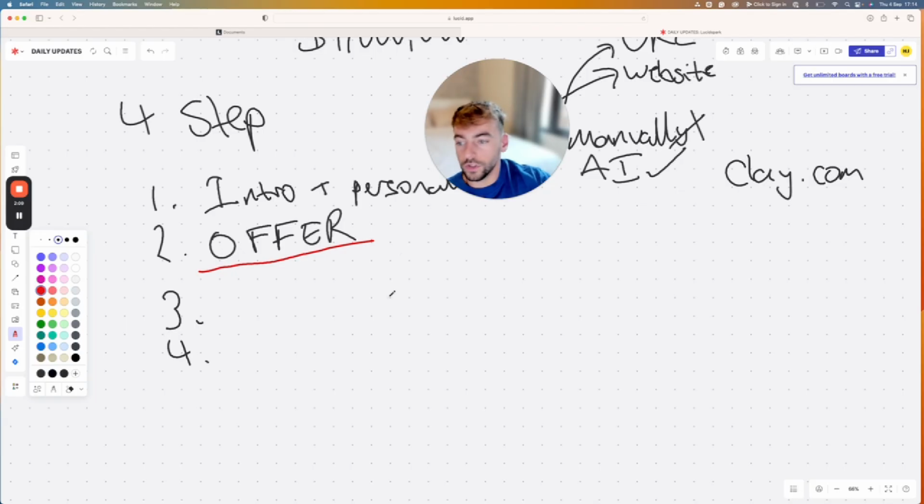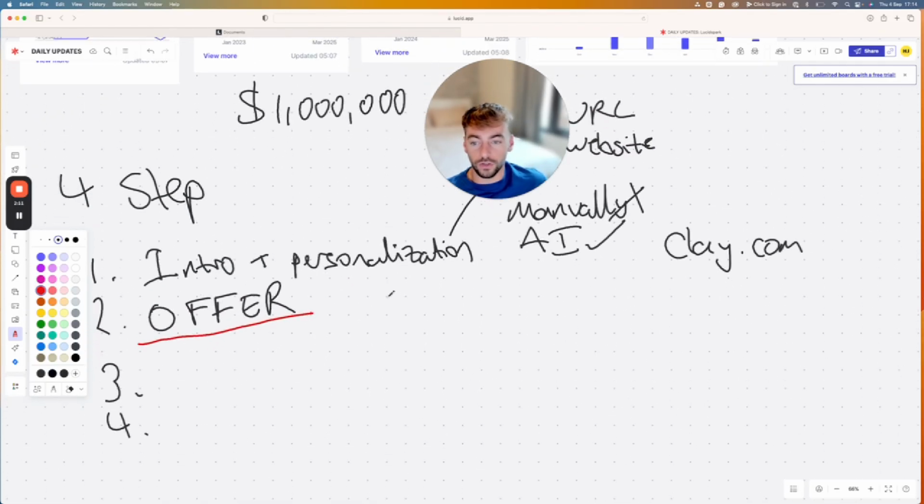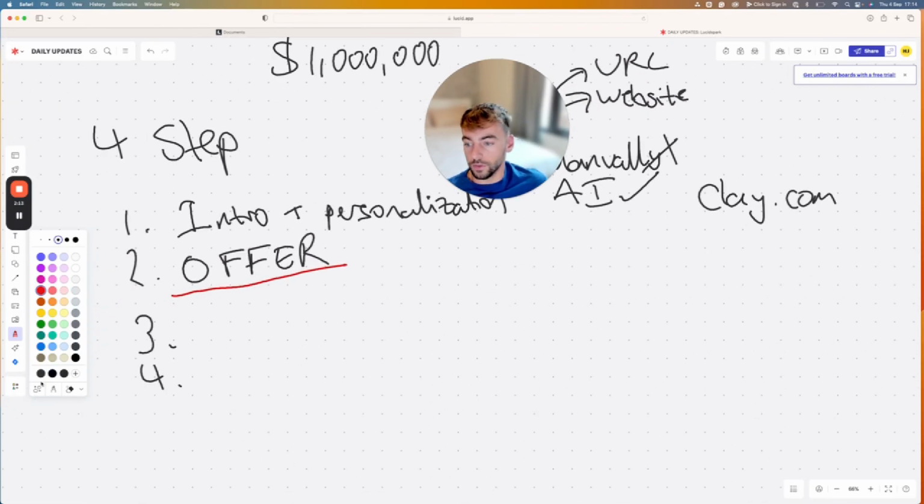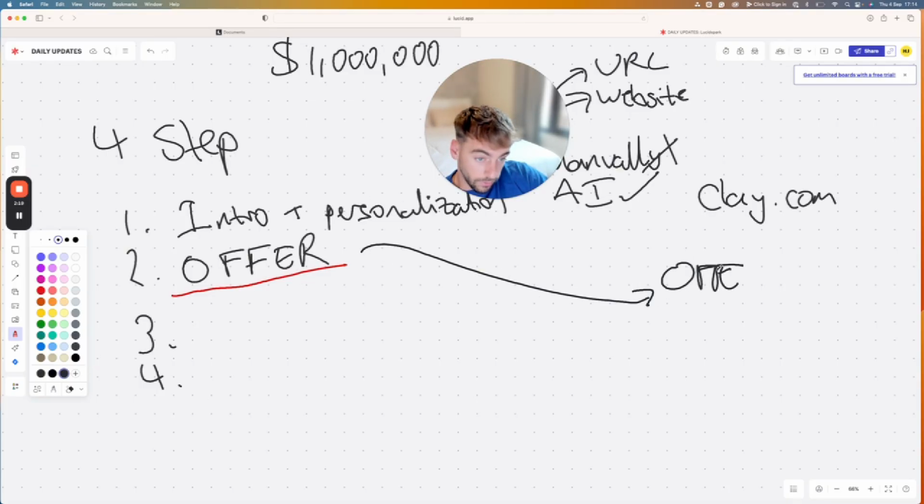Now, how we want to construct our offer is not the features or the things about what we sell. We want to do it in a very particular way that only shows the outcomes of what we're selling, right? So this is what a typical offer would actually look like. Let me break it down for you. So it's if we could help you achieve outcome,